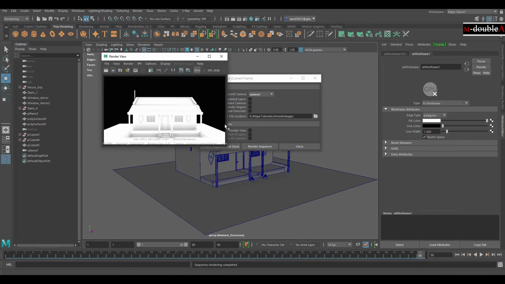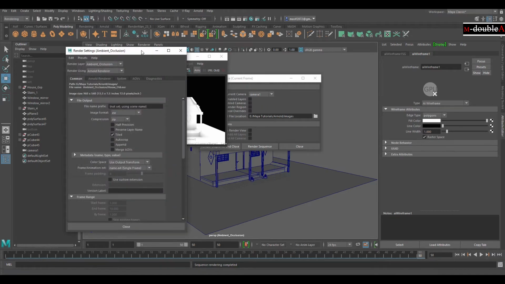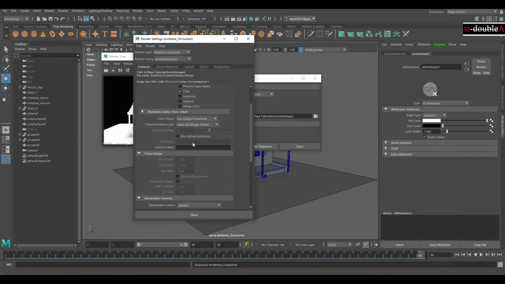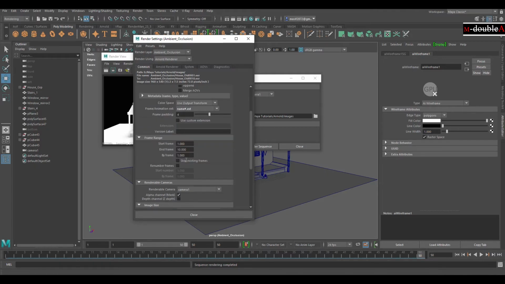Okay, yeah, we just got one frame, but we need to change the settings also. You can see we just rendered one frame, a single frame. From here we need to change it, change the name, hatch.ext, and then you can see the start frame range, start from frame one, and the last frame is 50.